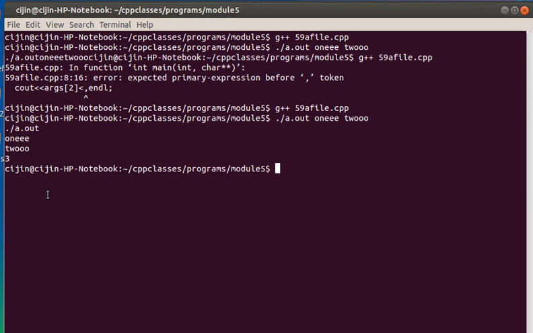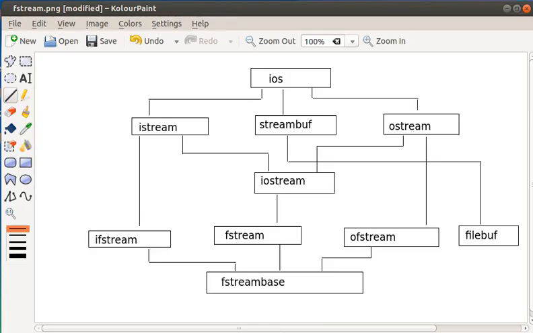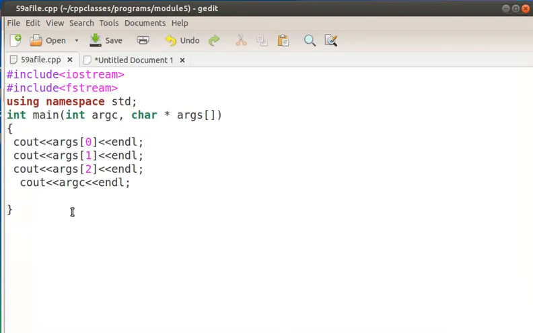This 3 is the number of arguments. So this first parameter contains the number of arguments, and the second character array contains the argument list.